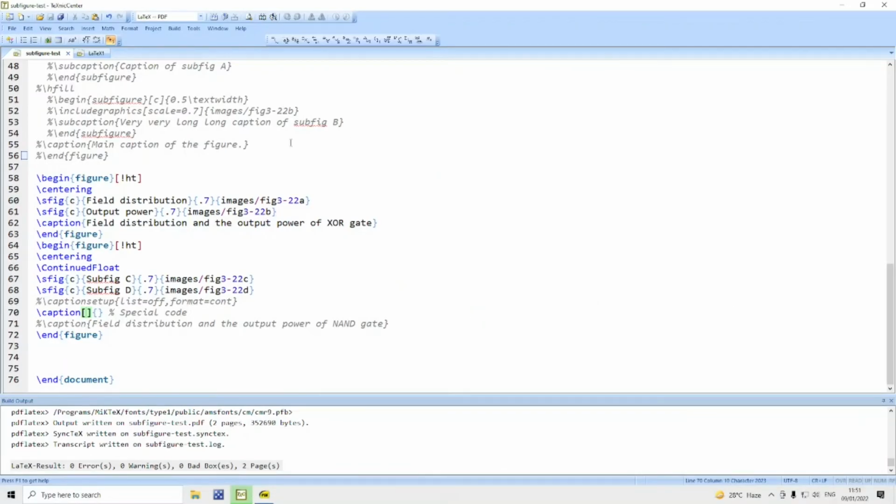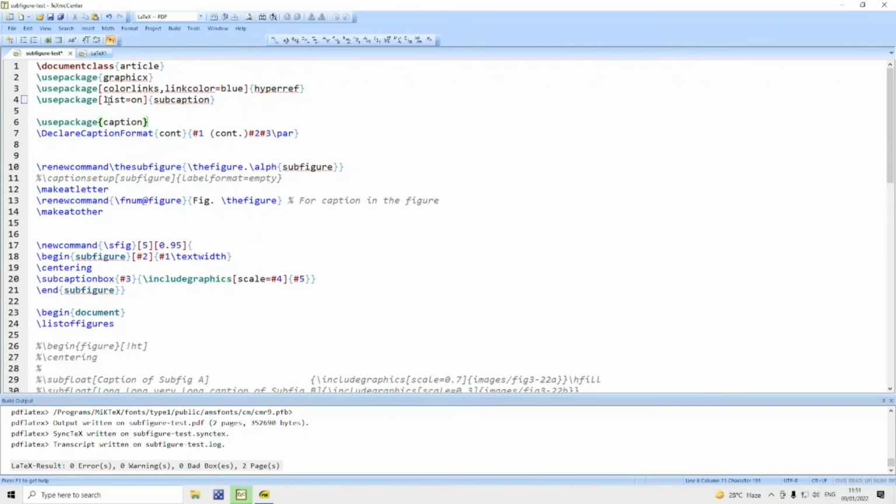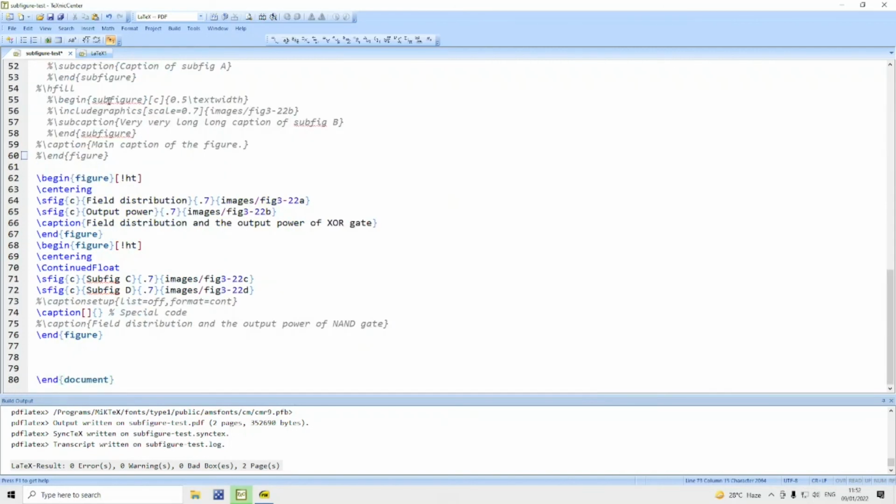In that case, what you can do is you can use the caption package and you can use the command declare caption format. Within the first curly braces I say CONT, and in the second pair of curly braces I give this command. Then here you say caption setup is list of.